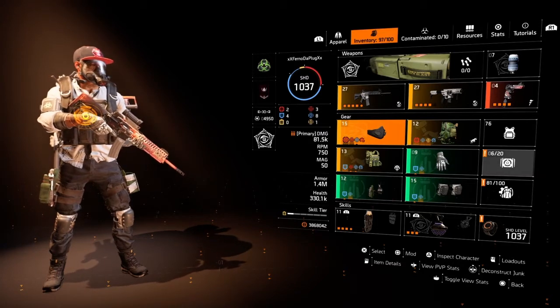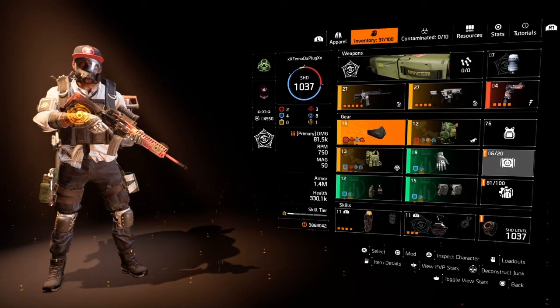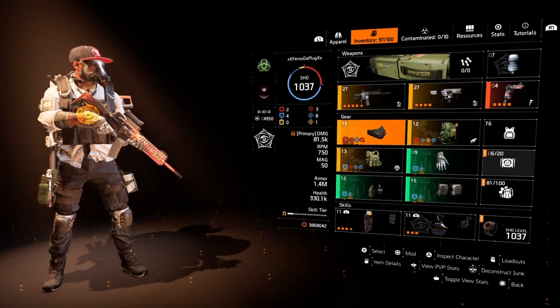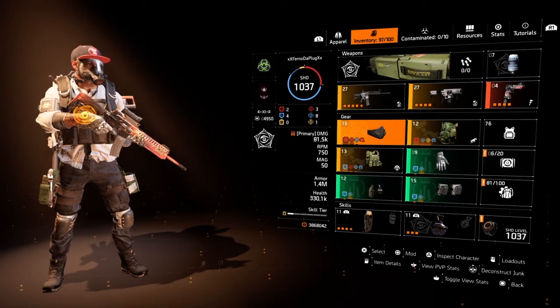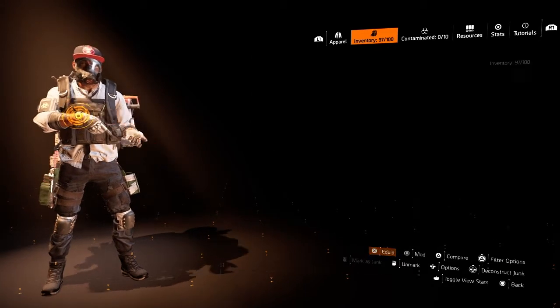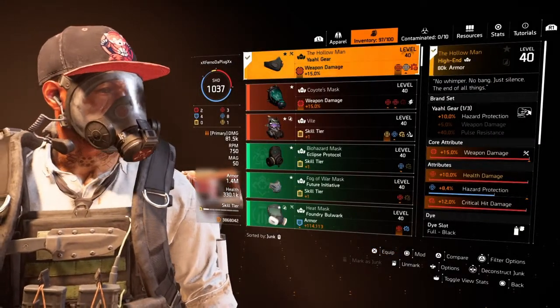We got the health at 330.1k, and then let's just jump into what type of armor pieces I have on. So first is going to be the Yao gear. I'm using the Yao gear because of the